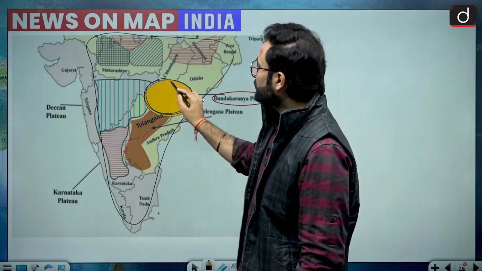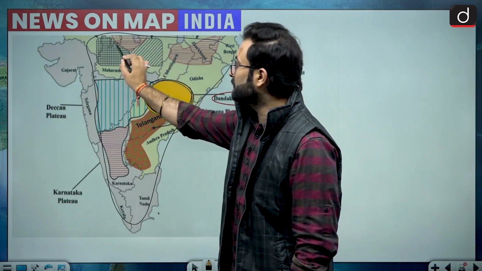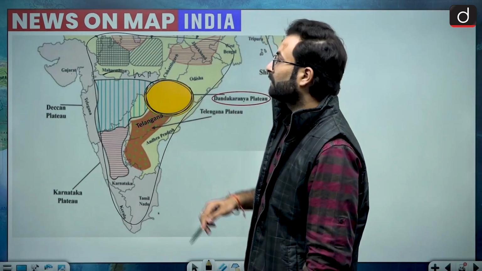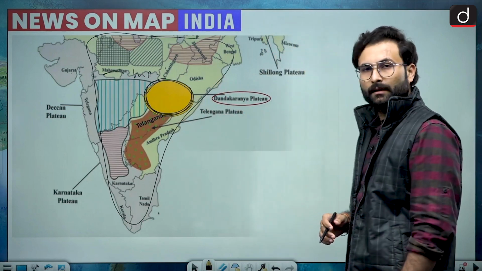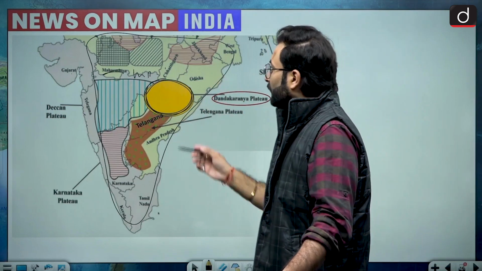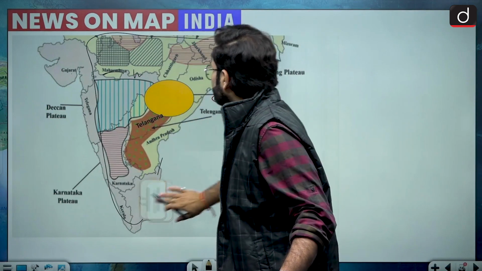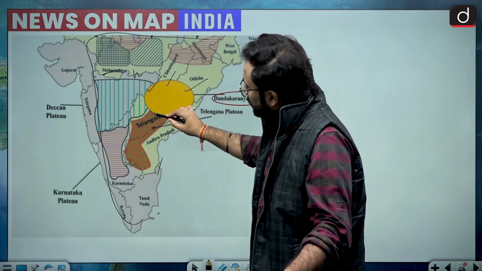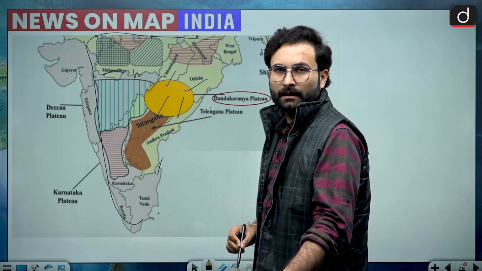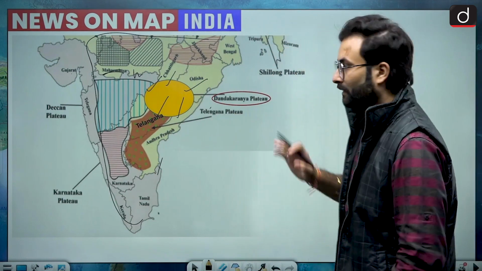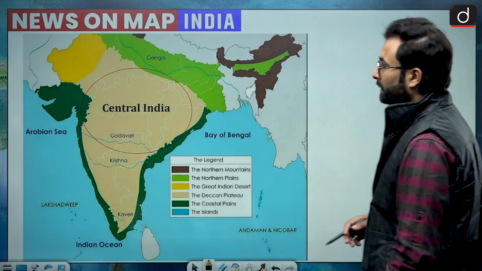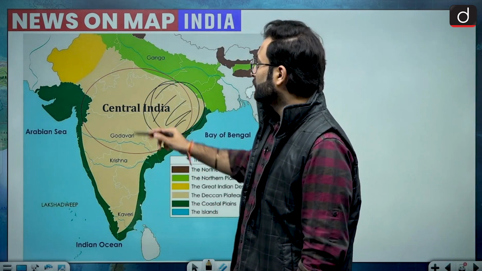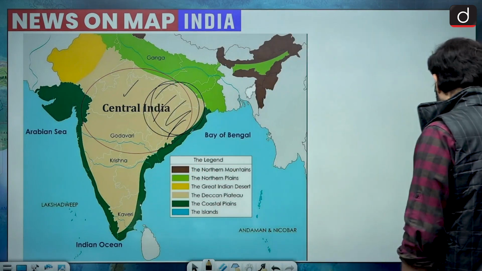Second thing is, this is in central India. Obviously, this is your central India. This is Gujarat, Maharashtra, and then there is MP, Chhattisgarh, Odisha. So that is in the central Indian region as well. Other than that, when we are looking at the states, here it is part of Odisha, and then also Chhattisgarh, and then Madhya Pradesh, Telangana, Andhra Pradesh. So that is your state which is covered. So here it is in the central Indian region. This is Dandakaranya, so we can say that it is in the central India region.